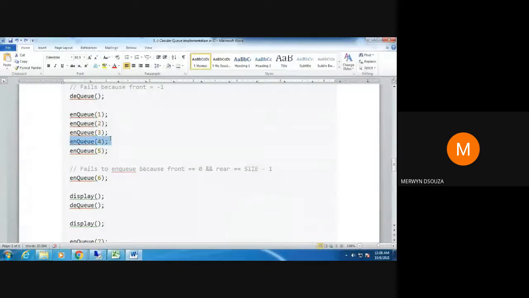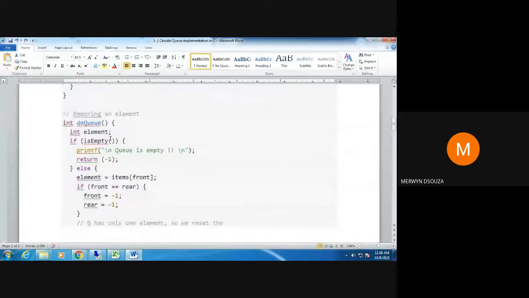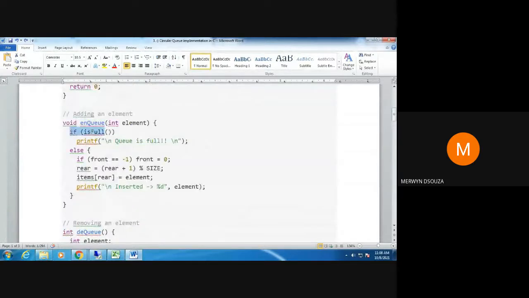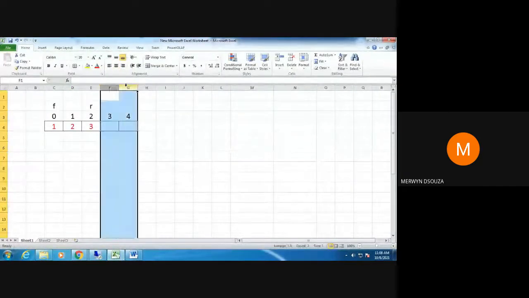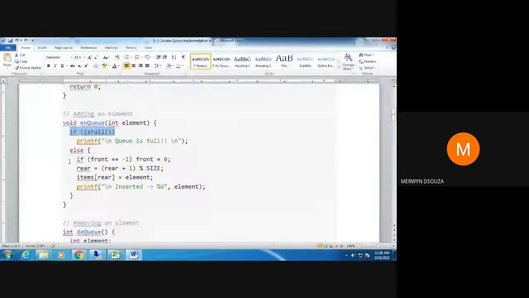Now we will try to insert 4. When you try to insert 4, again check this condition: is it full? No, your queue is still not full. There is still place here. So this will be false, and you will execute the else part. In the else part, this if statement will be false. It's not true.